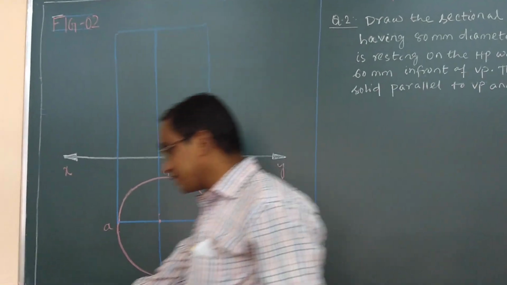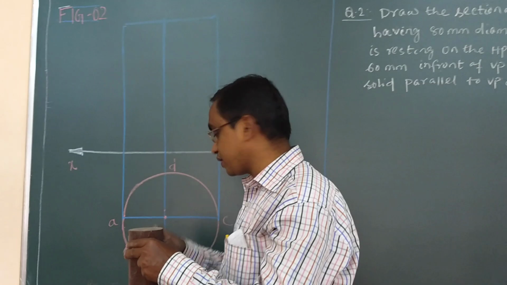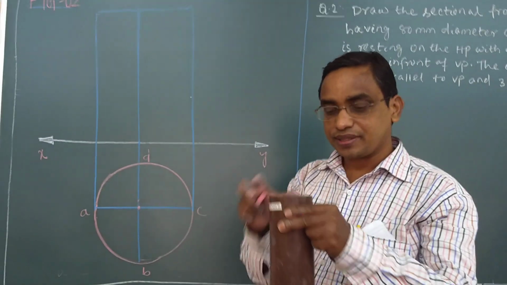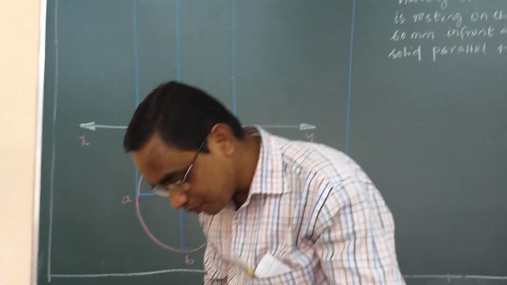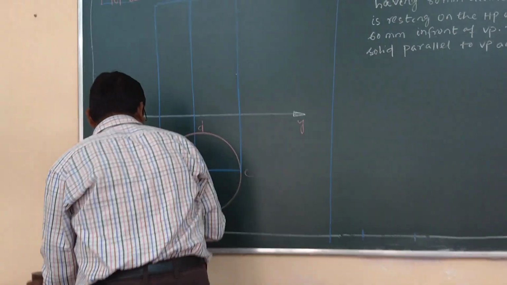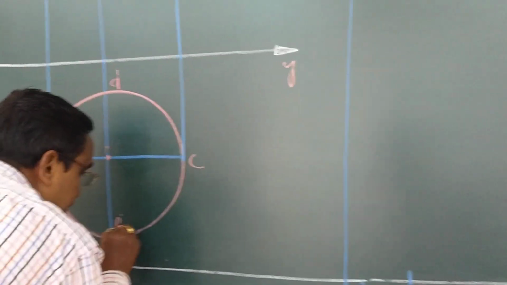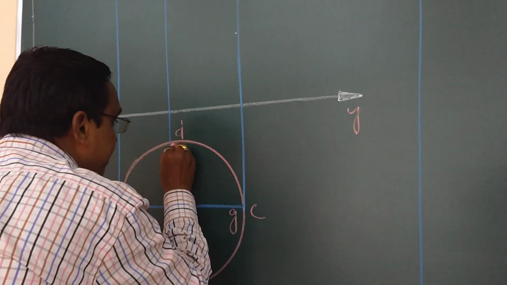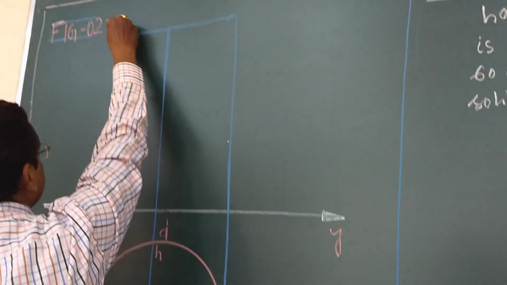Just mark, it has two bases, base 1 and base 2. Say this is your ABCD base, this is EFGH base. When I observe from the top, the two circles become one circle. So here write down E, F, G, H, and here A dash,